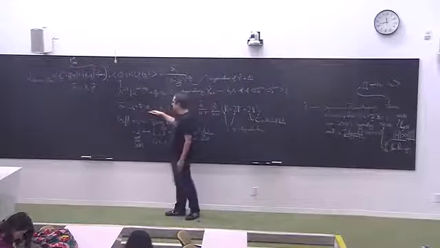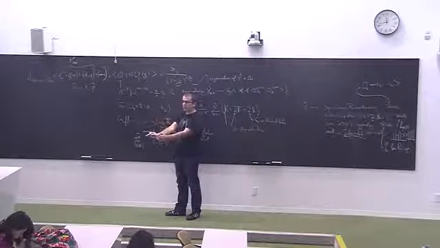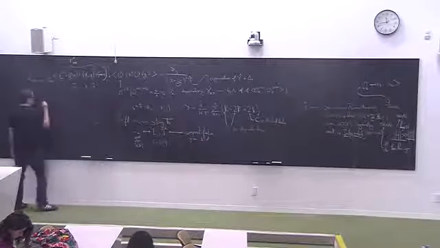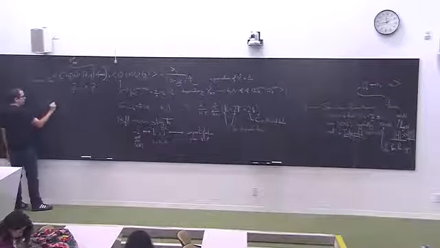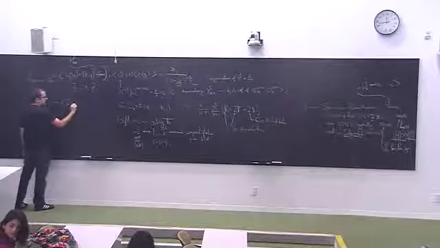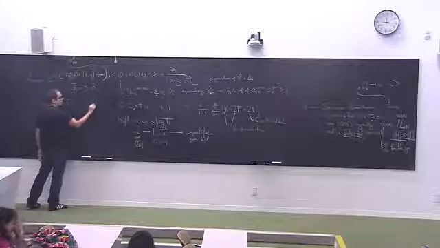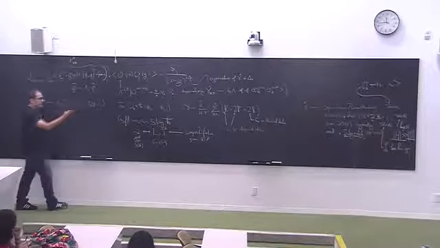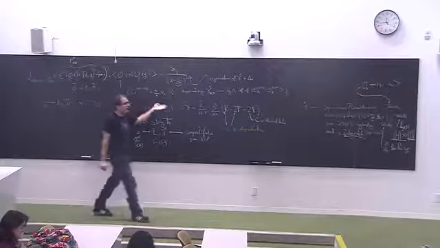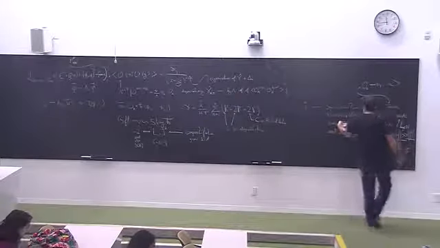Instead of considering these operators, consider even more general operators, or even simpler operators. If we start with this O_A, we could go to any single trace operator, trace of anything. It could contain psi's, it could contain covariant derivatives of phi, it could be more general than what we wrote. What would this give? Well, again, it would give a local spin chain, a spin chain with a bigger symmetry.